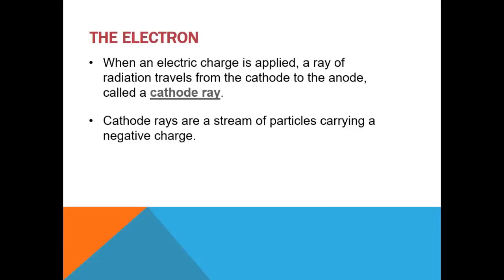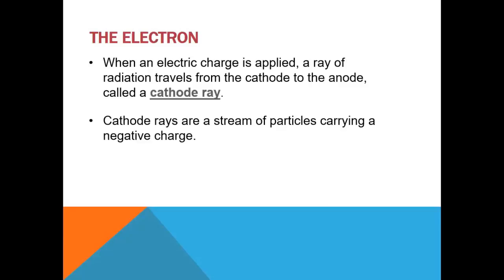So the electron. Once it was proven that atoms actually exist, there were new questions like, what do atoms look like? What are they composed of? So the first thing that was discovered was the electron. They knew that there were atoms that had kind of an electrical charge to them. So they actually used this cool thing called the cathode ray, and when electricity is applied to this ray,